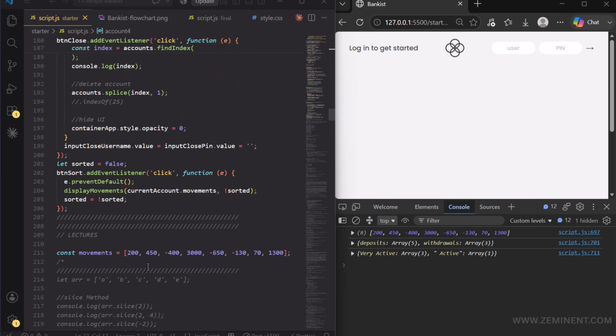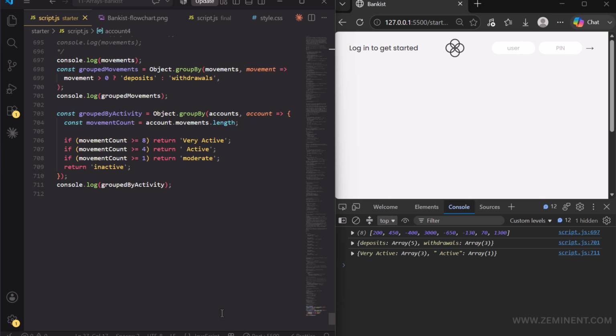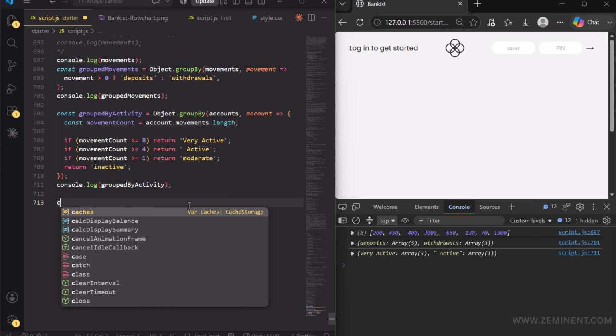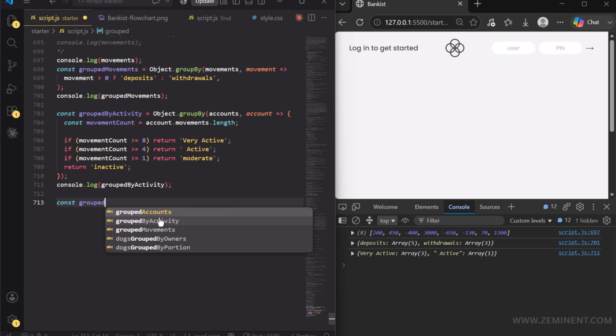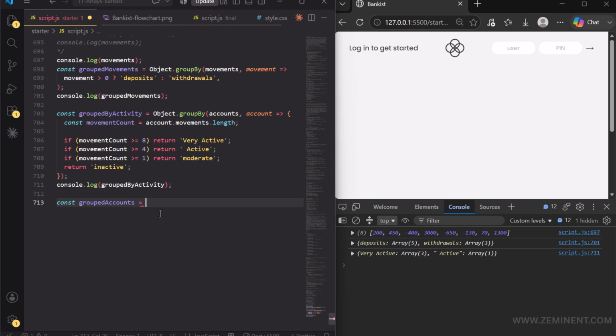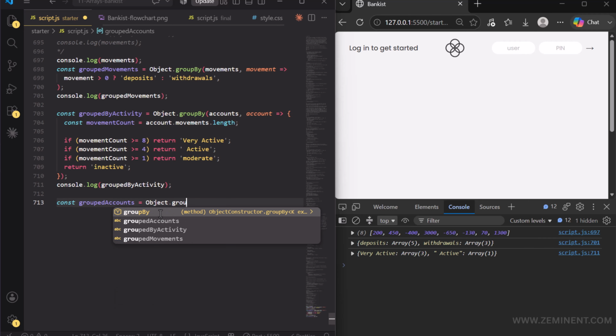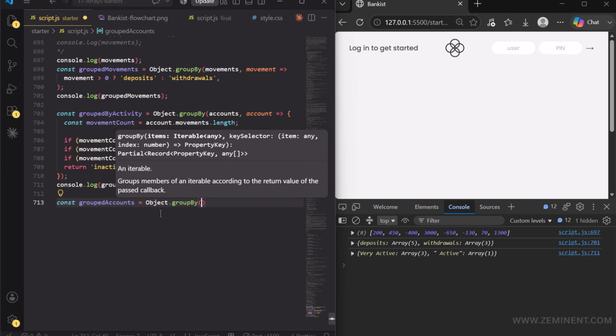So now it is very common to do like this. So it means that not necessarily grouping accounts by types, but simply taking one property of the objects and then grouping these different array objects into these different groups based on that. So this will make more sense once we actually go to it. Let's say grouped accounts, let's create that. const groupedAccounts that is equal Object.groupBy. Now also give accounts again